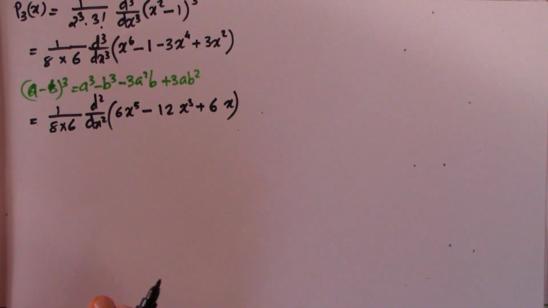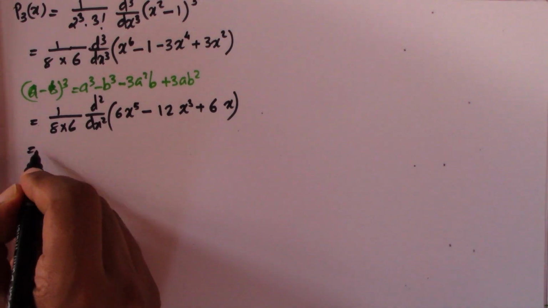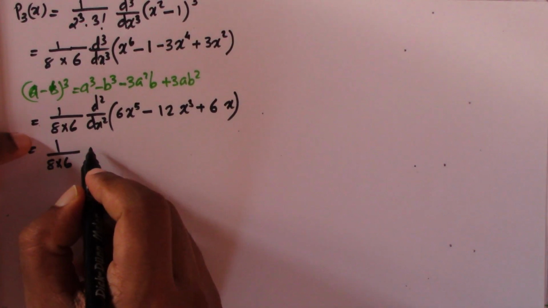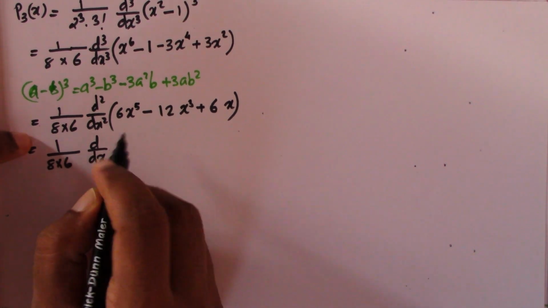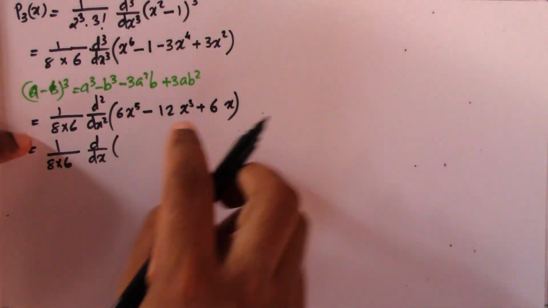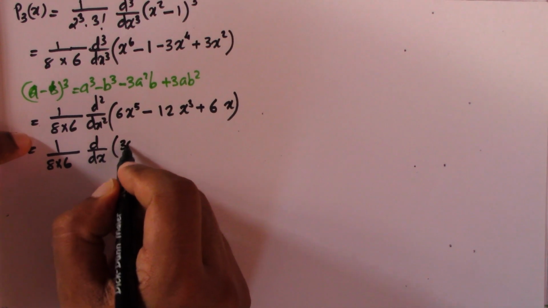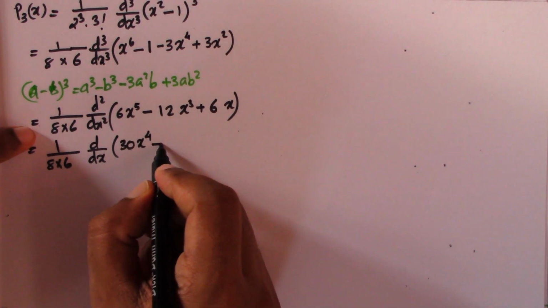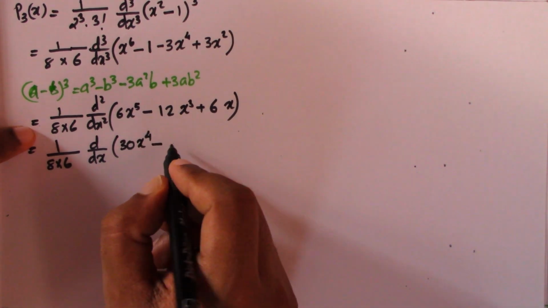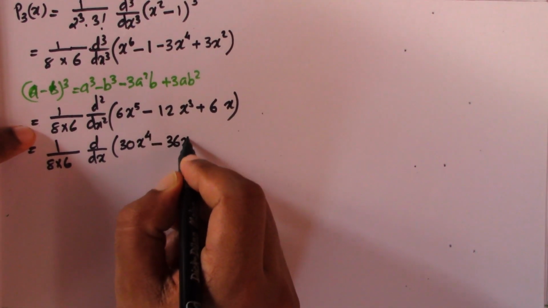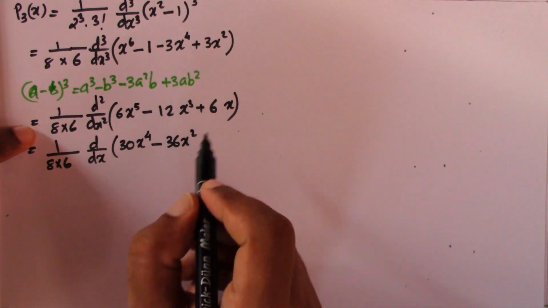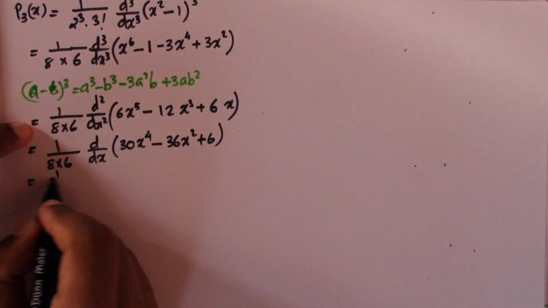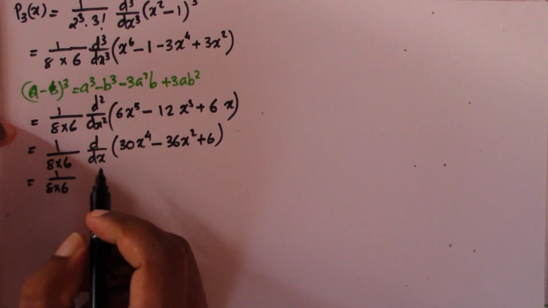That is the first derivative of what is inside the bracket, and that is equal to 1 divided by 8 into 6 into d by dx of the first derivative, that is equal to 30x raised to 4 minus 36x square plus 6. That is equal to 1 divided by 8 into 6 of